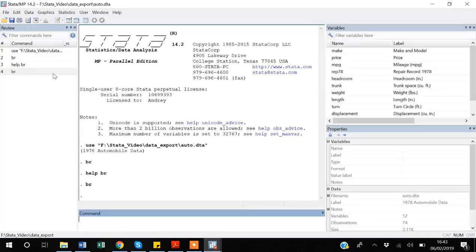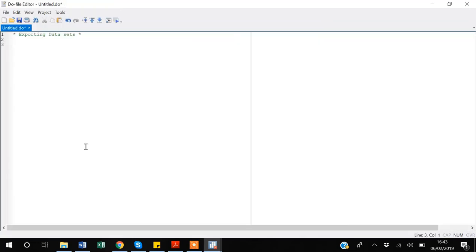And now if I go back, as you can see, I opened this data set. So instead of going to that folder again and clicking it again, I just copy this command from here and paste it. And it's better to write clear here too, so that whenever you run this command, it will clear all the previous dataset and then upload this dataset, the auto.dta. And as I told you guys in my previous video too, when I was discussing data import, that it's